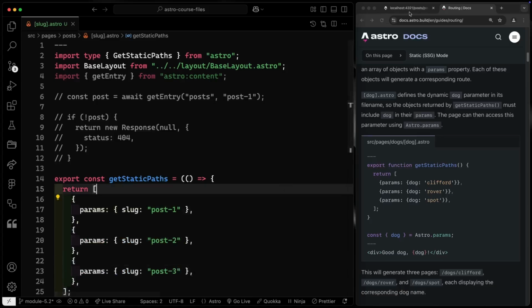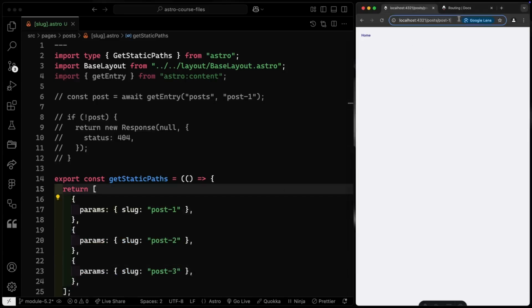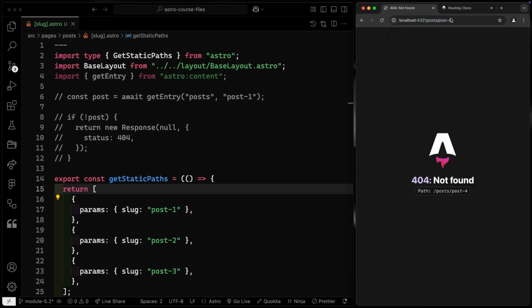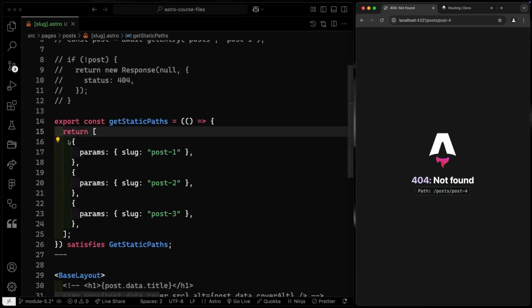So if I do that, I should be able to come back over here, and you'll notice I get post 1, and it is actually rendering a page at post 1. If I come over to page 2, same thing here. Page 3, that'll work. Page 4, what do you think is going to happen? 404, right? Because it knows these are not the actual stated paths that are supposed to be at this dynamic